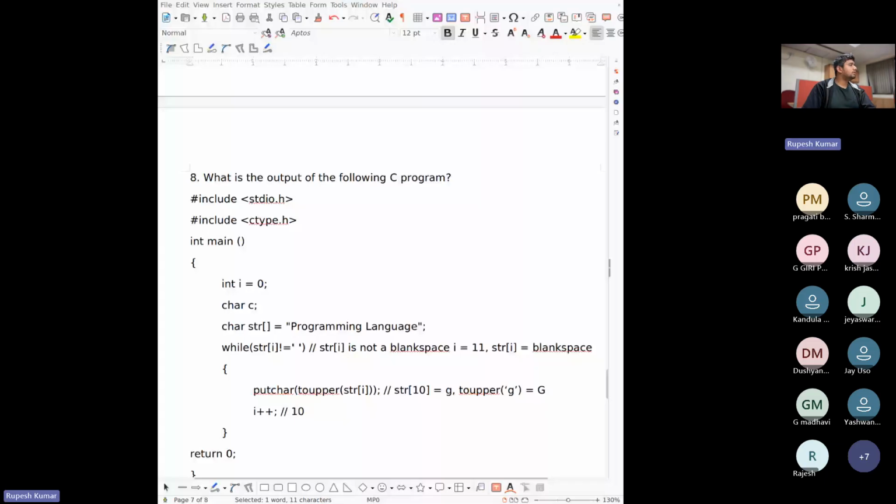So toupper is a function for characters, so you can't use it directly on strings. Fine. Prashant, is this clear?